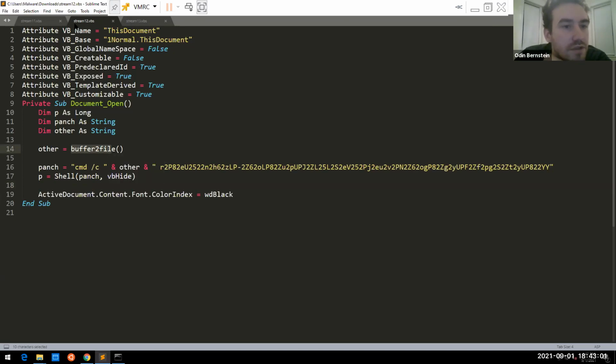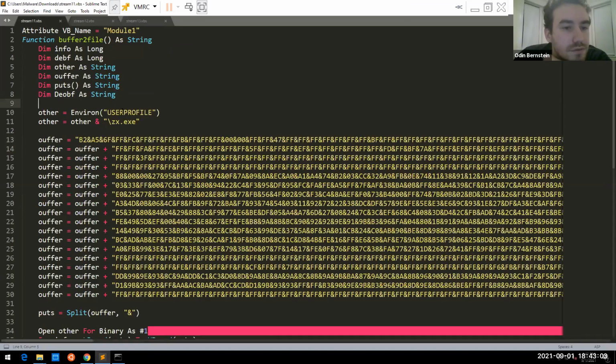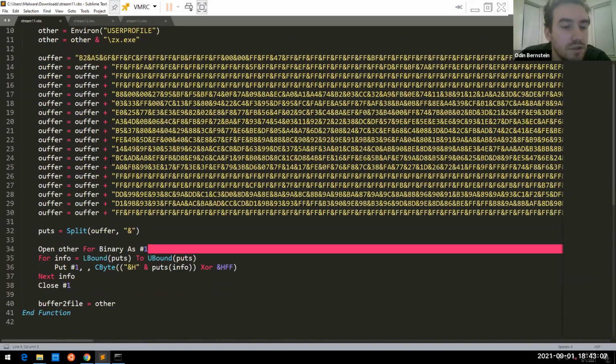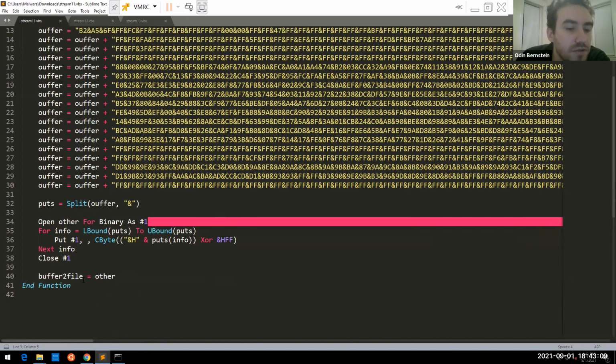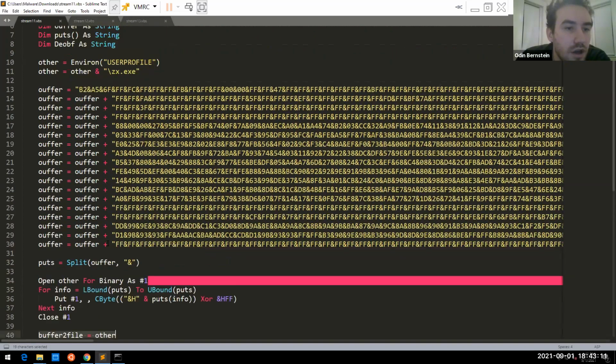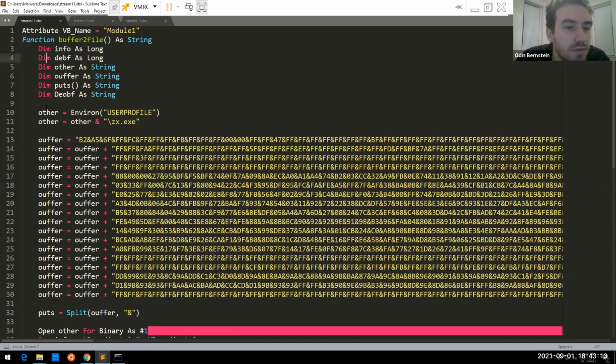So let's look into the other stream. Let's see if we can find anything related to that. You see here, buffer2 file is declared. So let's start up here and see what we can find. Oh, and here's the function buffer2 file. The first thing it's doing is